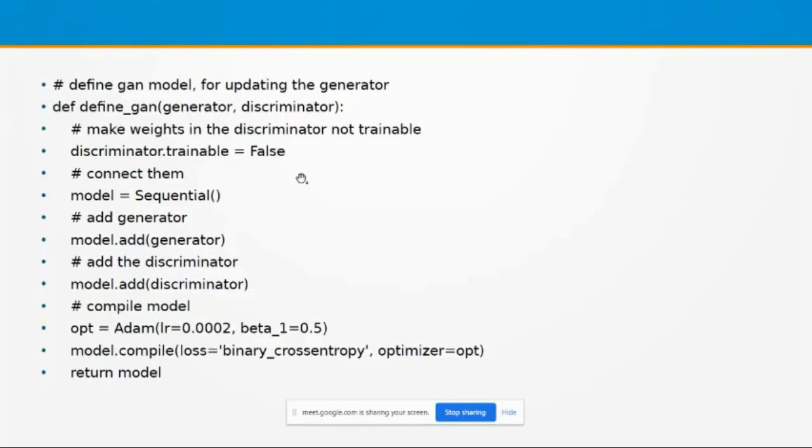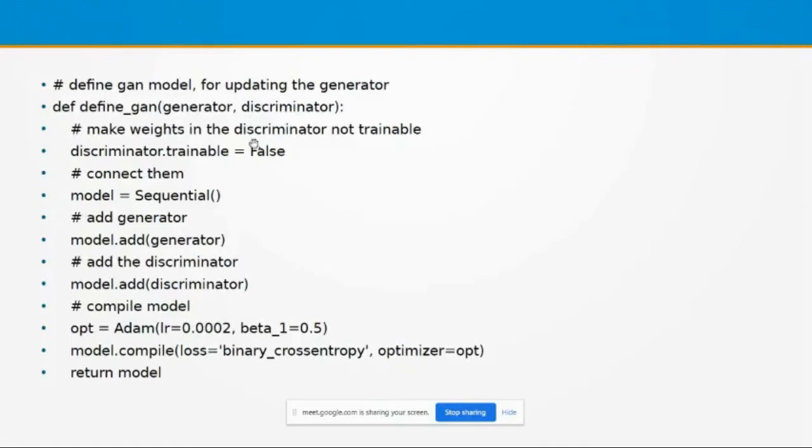So there is no weight modification for the discriminator inside this particular definition. But the weights associated with the generator model are modified inside this definition. For that, we have to compile that: model.compile, loss is equal to binary cross entropy, and optimizer is equal to opt. Okay, then return model.